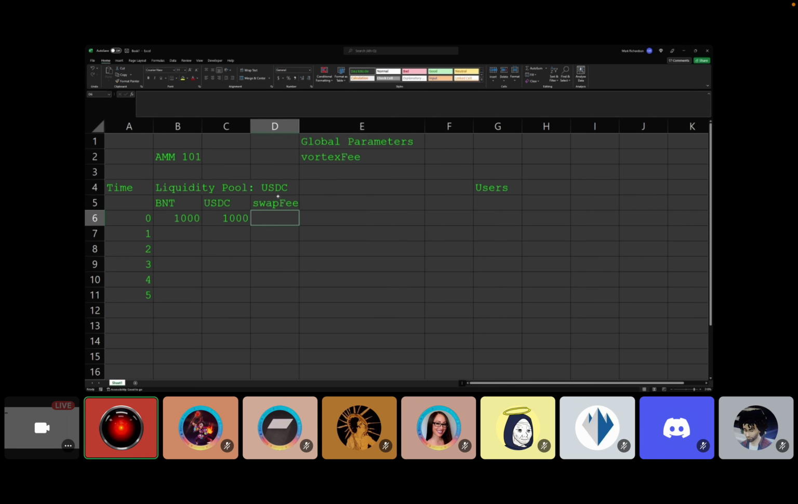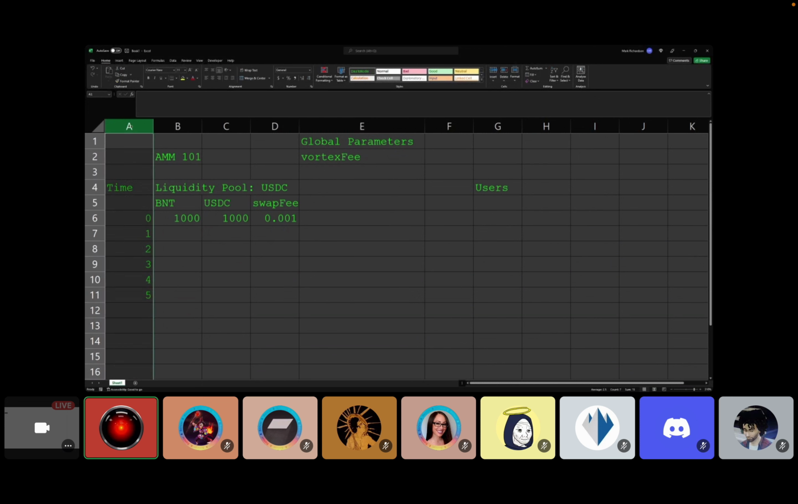But for the pool, the swap fee is only associated with that. So these are the things that are network wide, and then these are the things that are specific to the pool. Let's start with our swap fee of 0.001, something like that. What I want you to realize here is that we've got this